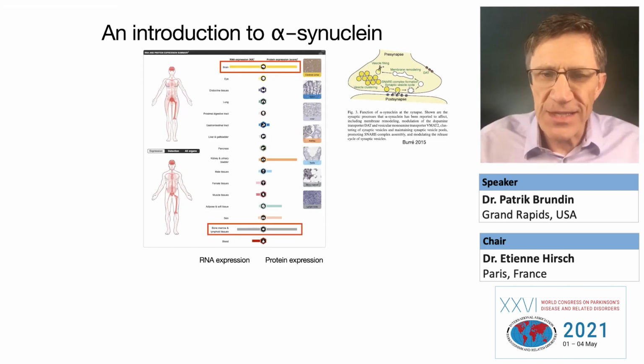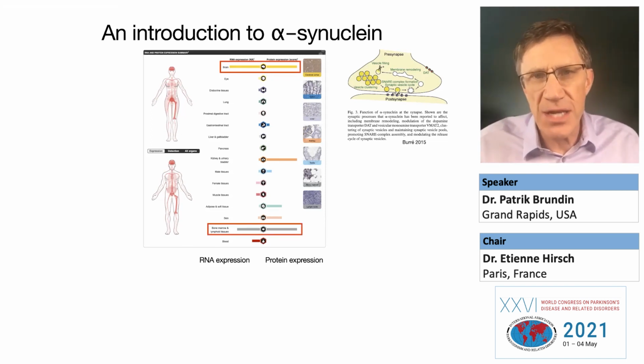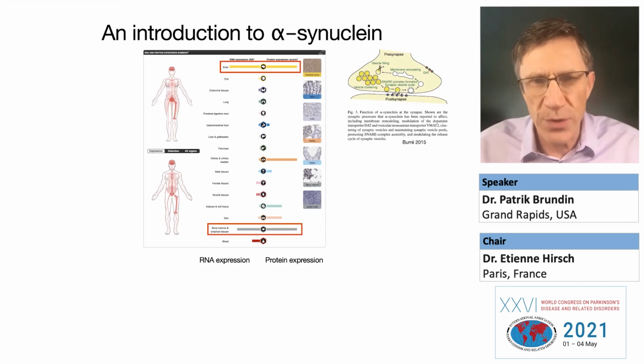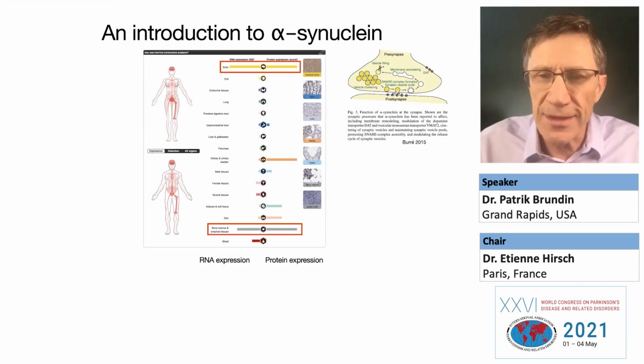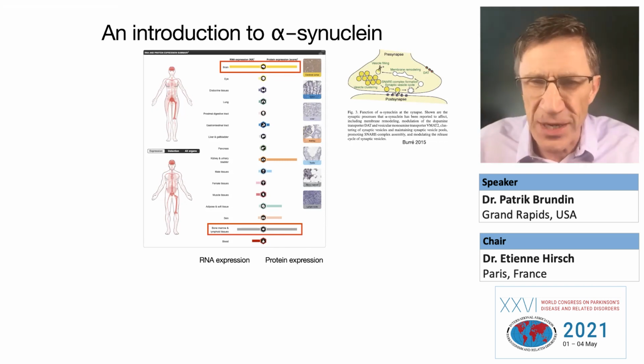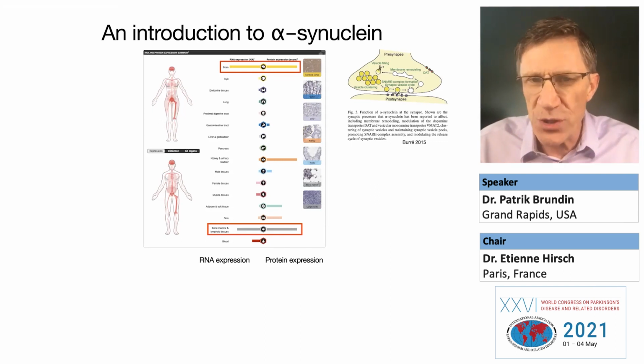Now, if you look carefully at this diagram at the bottom, you can see that alpha-synuclein is also heavily expressed, present at the RNA and protein level in the bone marrow and in lymphoid tissues. And I think this is important. It's not going to be something I come back to, but I just want you to have this in the back of your minds